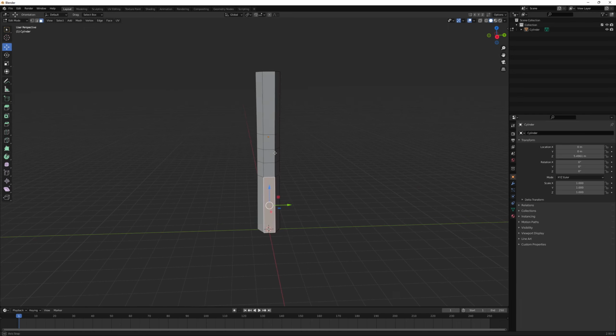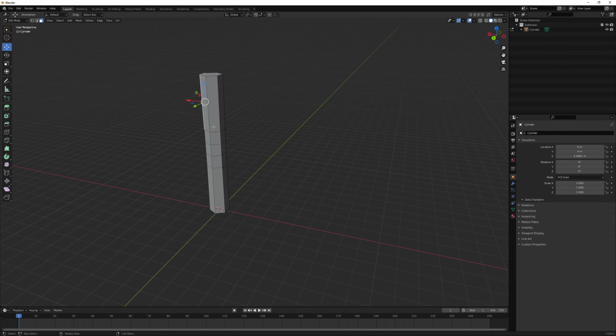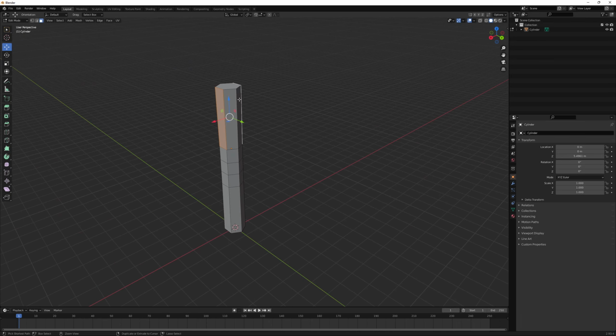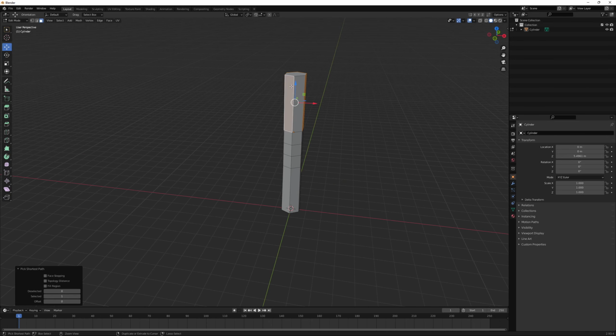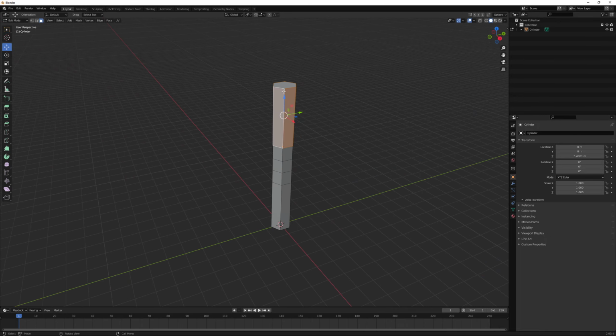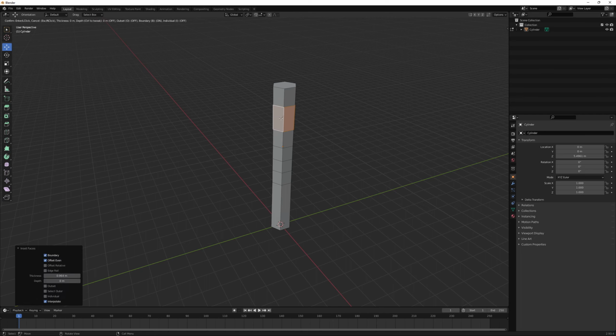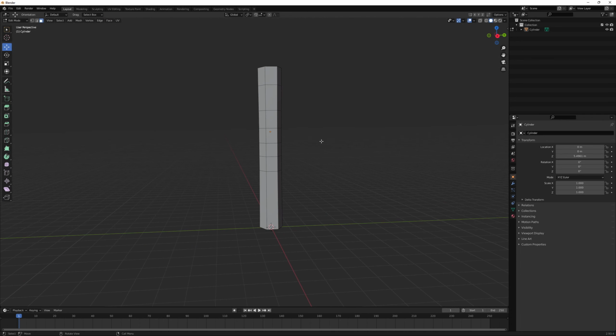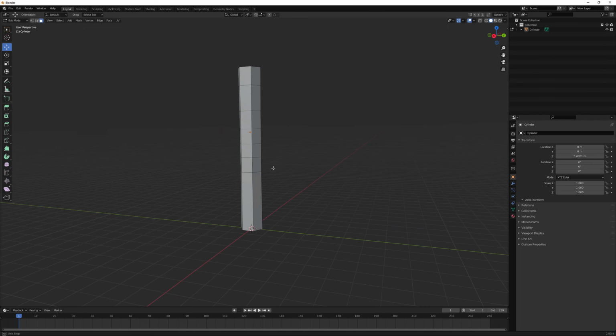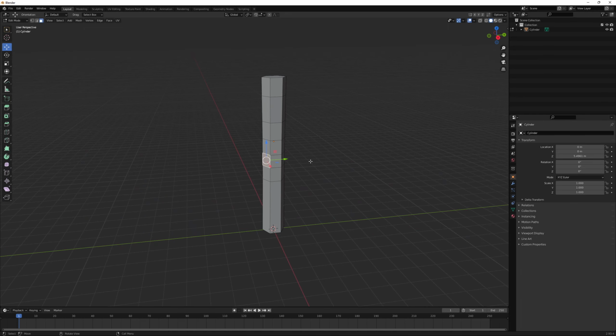So what we can start to do now is select the top half of the tree and inset that as well. So we'll press I and inset this as small as we can. We may have to go a little bit smaller to get it even. Yeah, that's as far as it will go, which is fine. Now we're going to select our joint, or our part of the tree here,